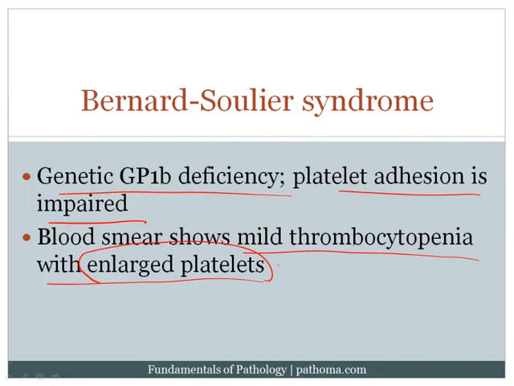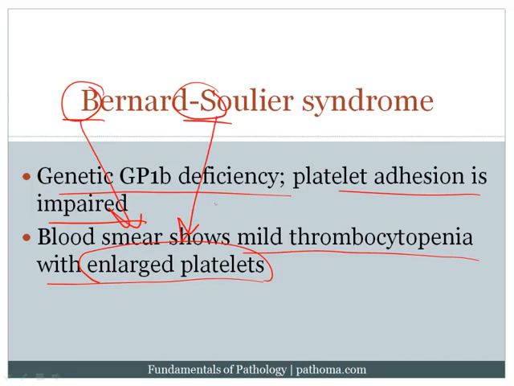But perhaps a funny way to remember this, and one way in which a student sort of reminded me once, is that in Bernard-Soulier disease, you get big suckers, meaning he was referring in that particular case to the enlarged platelets. Whatever helps you to remember this, that's the key thing, that you need to remember that there is enlarged